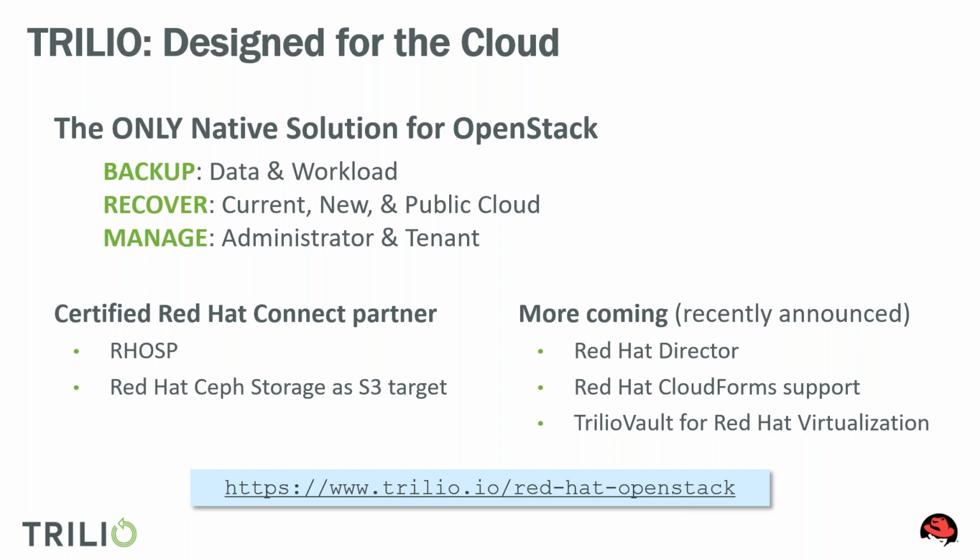And that's, again, what we're saying: you're embarking on an adventure. You're starting to upgrade your cloud. What happens when things go wrong? We all know things go wrong. With Trilio, as you're going through that upgrade process,